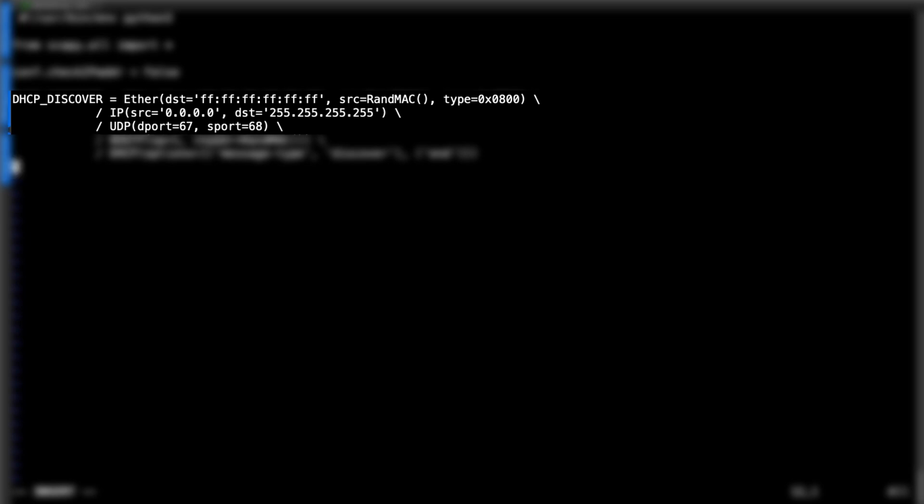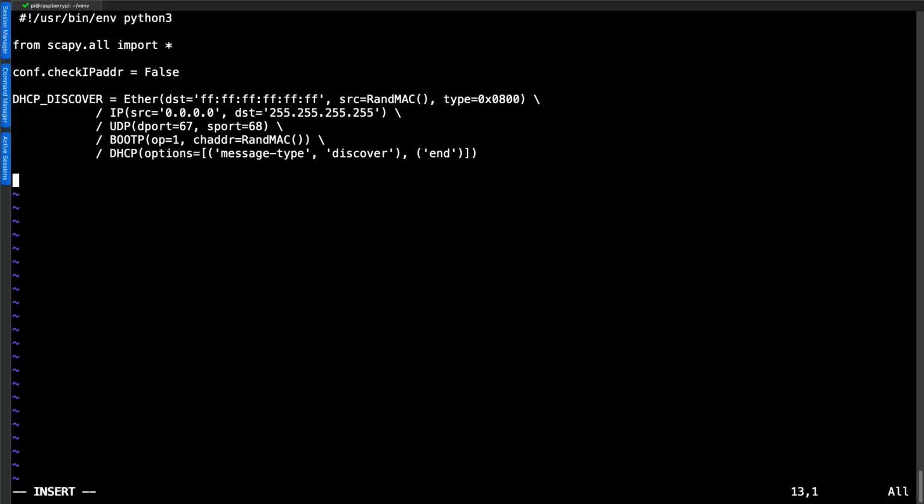We're setting the destination port to be UDP port 67, and we're then sending it from the source port 68. We're setting our BOOTP options, and we're then setting our option 1, and we're setting our client hardware address to the random MAC address again. And the DHCP options that go along with BOOTP is that we're sending a DHCP discover. So I've pasted that in because that's a reasonable amount of typing, and I don't want to get that wrong, but we can type the rest of it up.